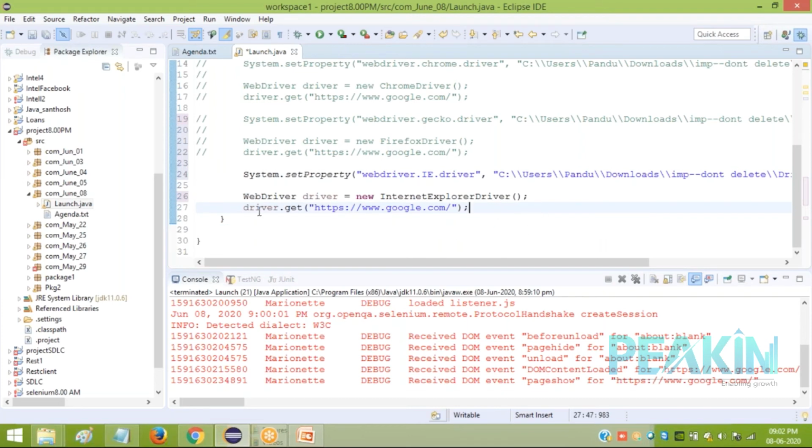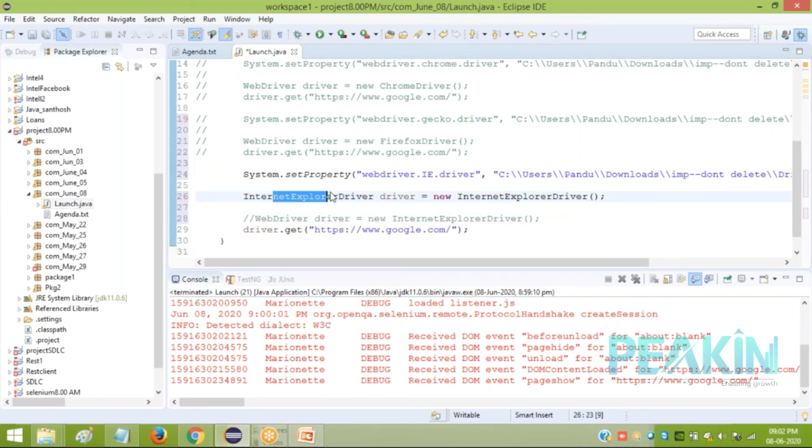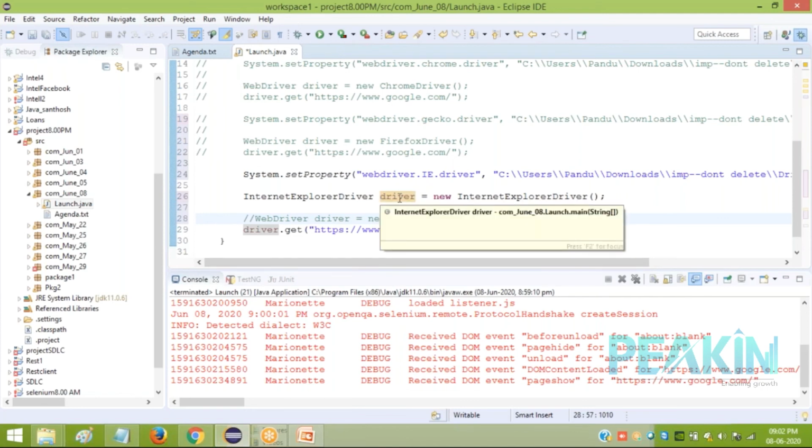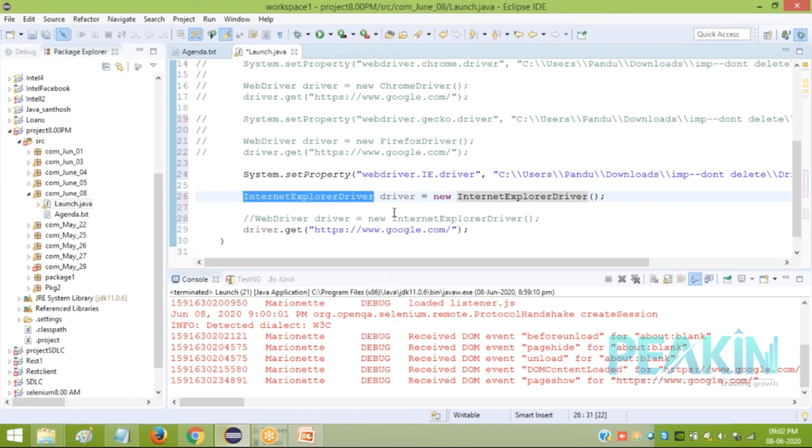Now one question they can ask here is why you're creating a driver of type WebDriver. Why not like this? If you're creating a constructor for InternetExplorerDriver, why not write it here like this? Yes, you can write like this, because when you create an object, it's class name, object name, new, and the constructor, right? That's correct. But if you want to modify this driver to Firefox, you have to change it here also: FirefoxDriver, again new FirefoxDriver.